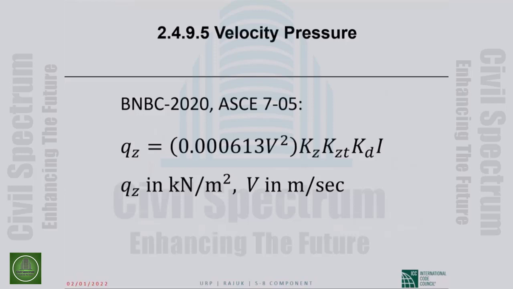Okay, let us now spend a little bit of time on this equation. So you have seen P, the wind pressure, is equal to Q, the velocity pressure, times G, the gust effect factor, times C sub P, the external pressure coefficient. The Q, the velocity pressure at a height Z above ground level. We say Z feet, here it is Z meters, I don't know. Anyway, so Q at a height Z above ground level is